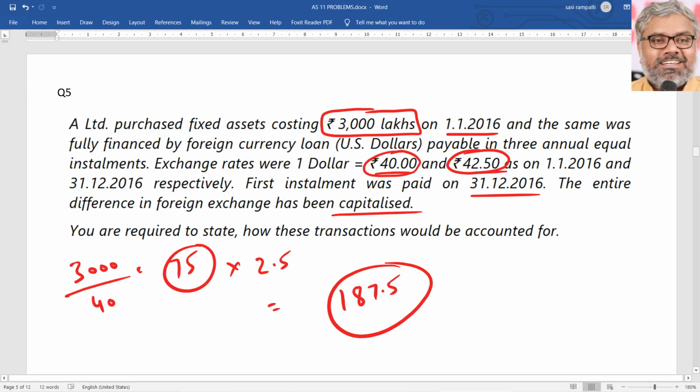So now the loan will not be 3,000 lakhs, it will be 3,187.5 lakhs. That is okay. Credit is same. Loan account has to be credited. It has to be increased by that amount. Since it is a monetary item, it has to be reported at the balance sheet date at closing rate. So loan has to be reported at balance sheet date at 3,187.5 lakhs rupees. That is clear. The question is about debit. Debit where? We know 3 options.